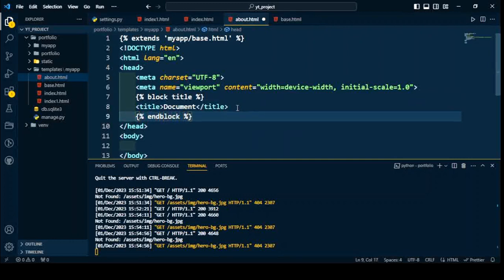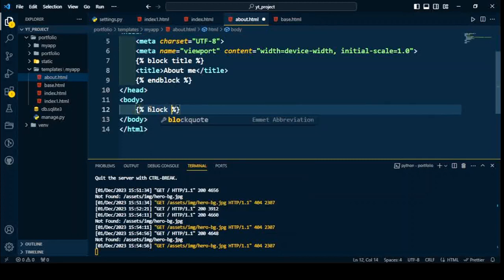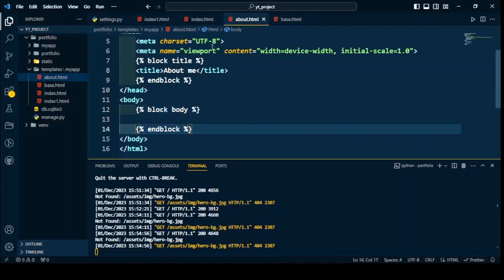The block. Set that so we can write the page title for about. And inside the body part, we can add the about us content. So just take the block about, block body. So from the index.html,